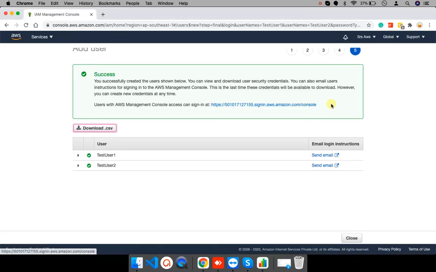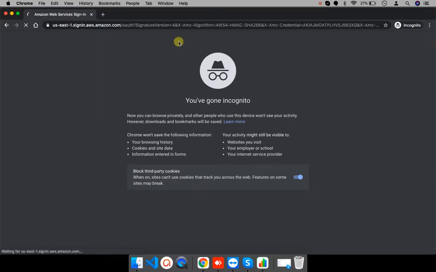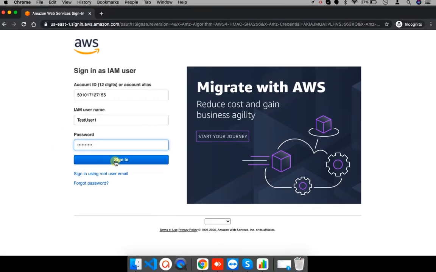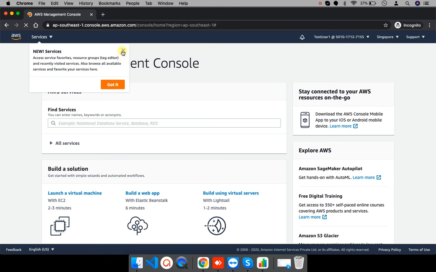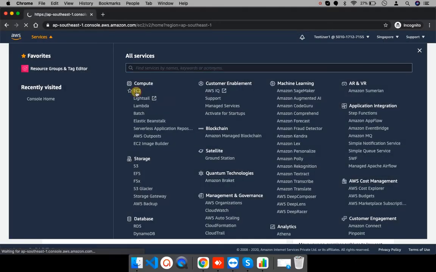Okay, now I'll go to this URL and open it in a new browser so login sessions won't collide with each other. And see, the account ID is already populated. Now I'll enter username and password. See, I am logged in as test user 1. I'll go to the EC2 console.